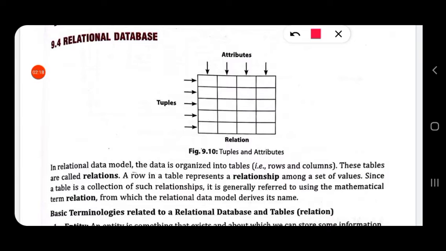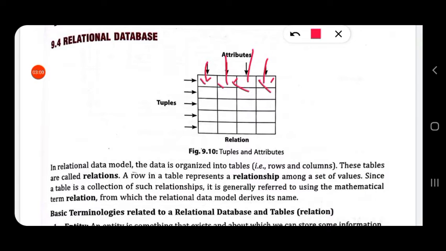Since a table is a collection of such relationships, it is generally referred to using the mathematical term relation, from which the relational data model derives its name. The table contains so many rows, and in each row the values are related to each other. Suppose I am storing the name of a student, his marks, his date of birth, his address.